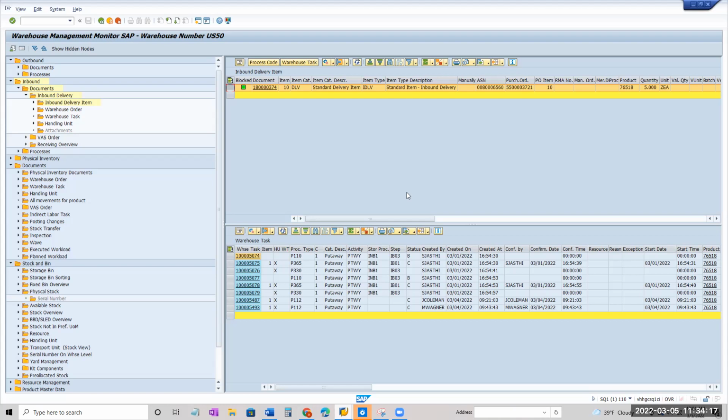Anish, you can create a scenario and then let me know: two products which belong to two different activity areas. Then, instead of creating a task like this, go to the inbound delivery and follow-on function, create the warehouse task and see the love letter, how the love letter looks. A love letter means the message log.